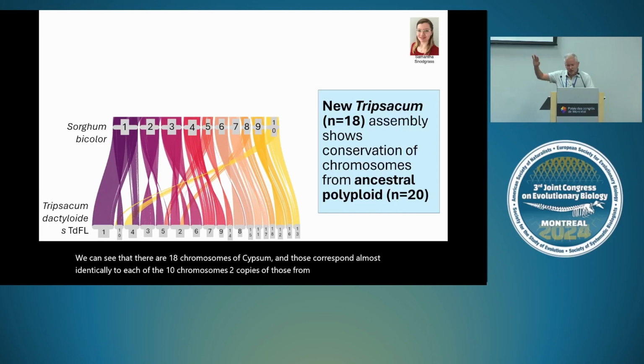And so if you follow these riparian plots of the sorghum chromosomes down to Tripsacum, you can see that there's 1 copy of a sorghum chromosome in Tripsacum on 1 chromosome, another copy on another chromosome. So there hasn't been a lot of fissions and fusions and rearrangements of the ancestral sorghum genome within this Tripsacum